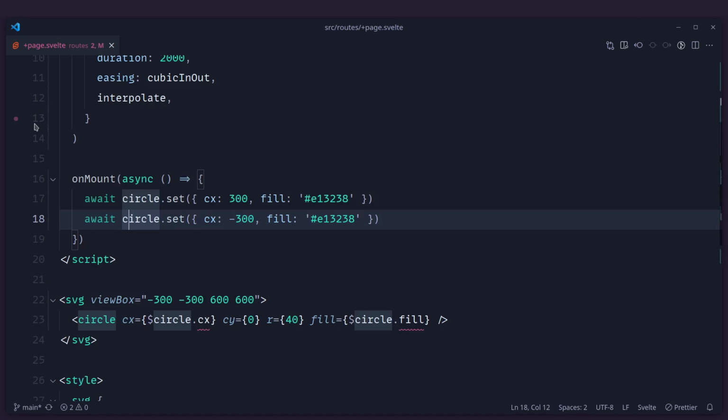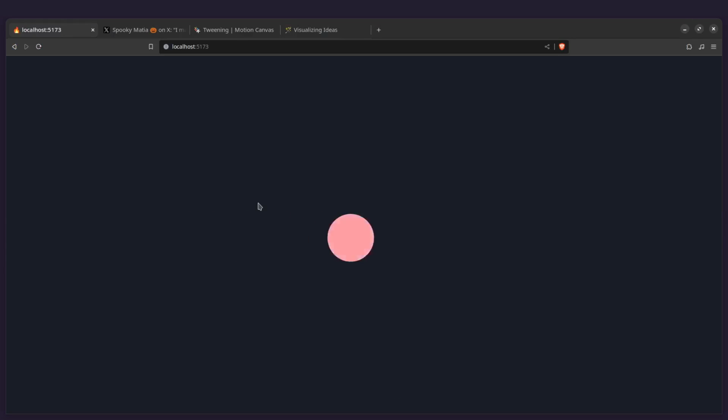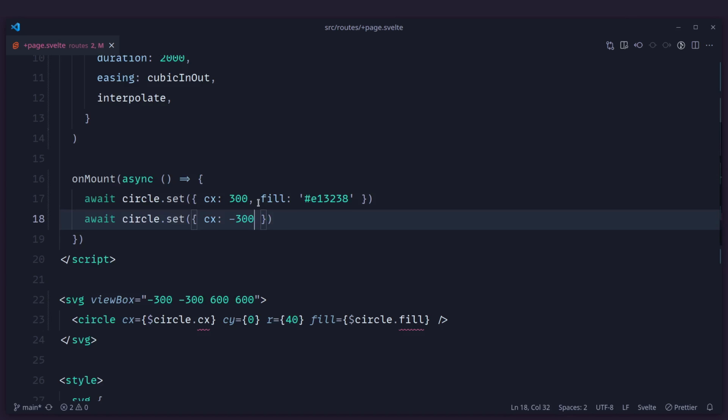But there's another downside to using the set method, and as you can see, we have to define this value again. Like, why do we have to define this field when we already defined it? If we don't do that, we're going to run into problems because it's not going to update. So you can see it's like, oh, field, I don't have no field, no idea what this is. Well, basically, instead of using set, we can use the update method.